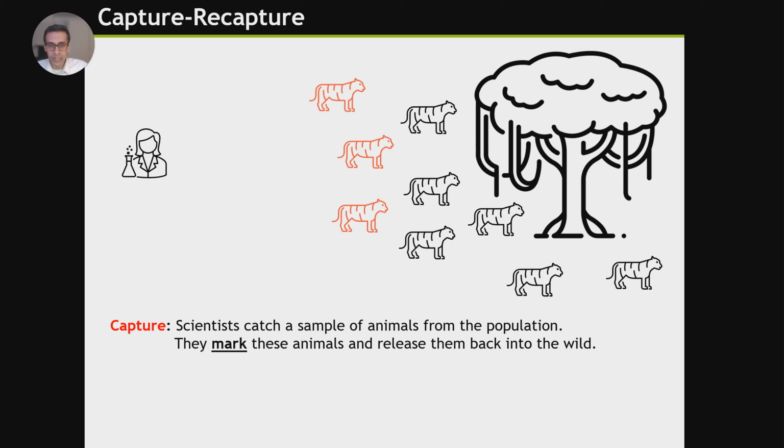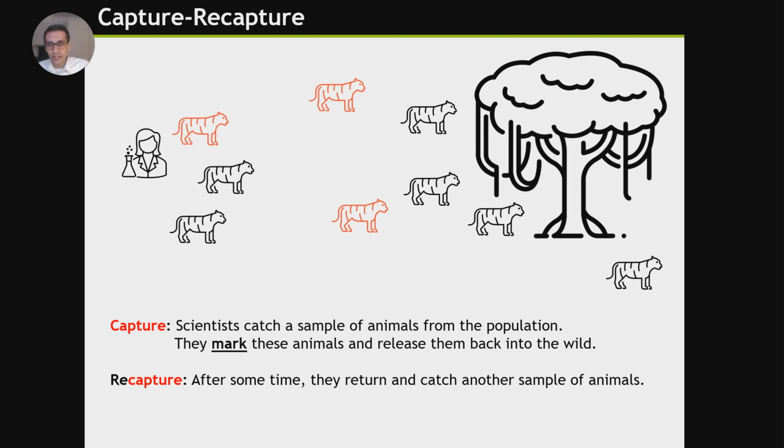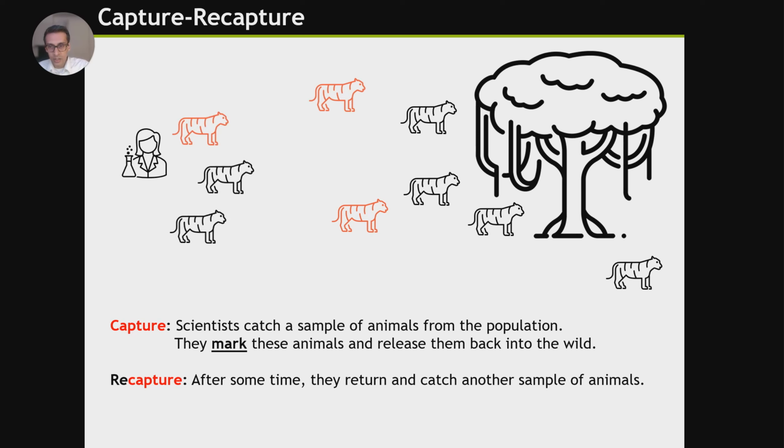And then sometime later, which might be, for example, a few days or a few months, depending again on what the situation is, you then capture a second set of tigers. So this is like a recapture. Now, when you do that, you may not get the original 3 tigers that you captured. You might get maybe 1 or 2 of them, but in this case, we're going to assume that we've captured 3, and 1 of them has been marked. So what we have here is 1 out of 3 being marked,